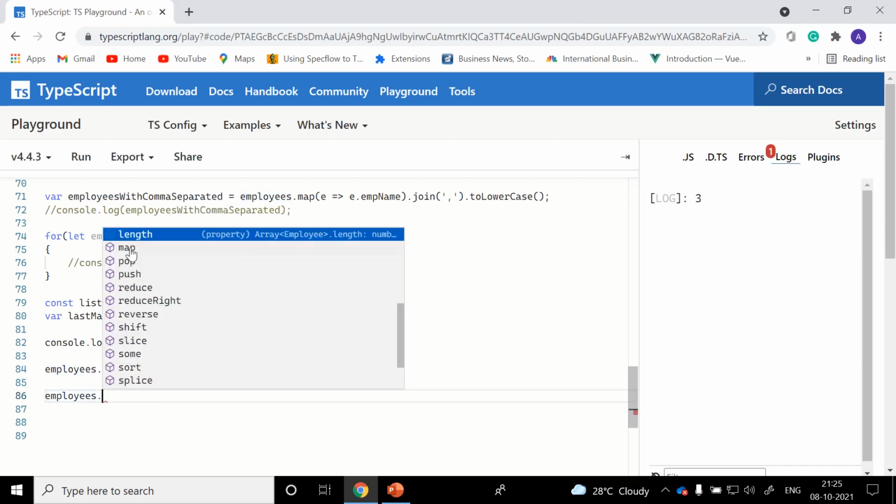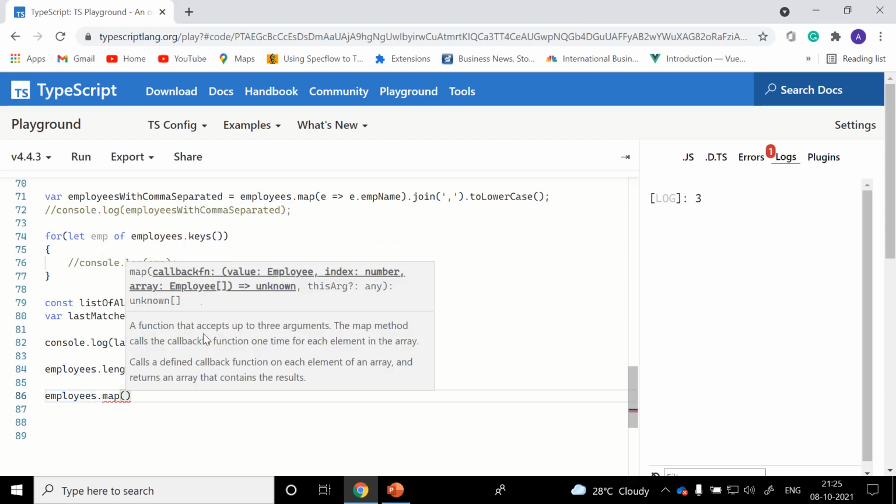Employees dot map. Map is one of the most popular extension methods in the array. It calls a defined callback function on each element of an array and returns an array that contains the results.